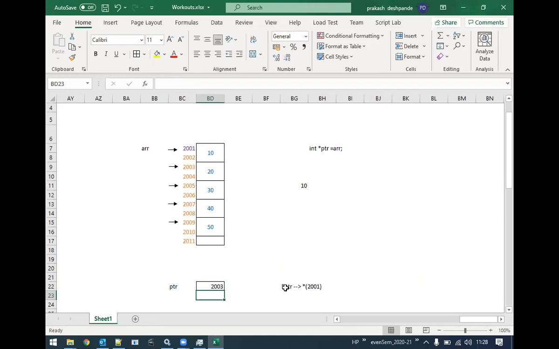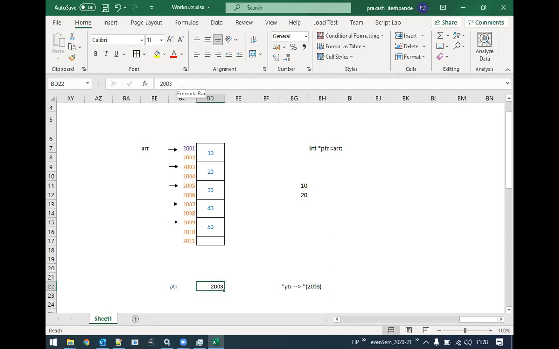Now, star of PTR is star of 2003, the value located at 2003. What is the value located at 2003? It is 20. So now 20 will be printed. Again, there is a post incrementation, so next time it gets executed, this 2003 will be incremented.